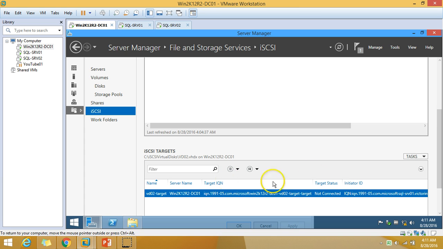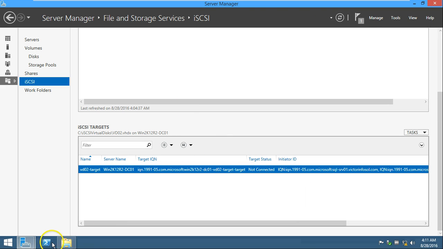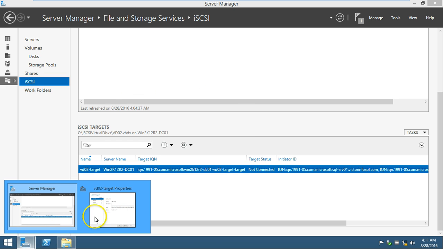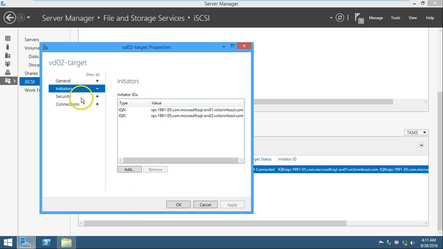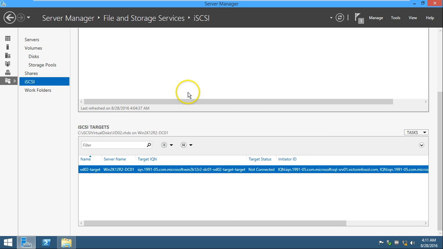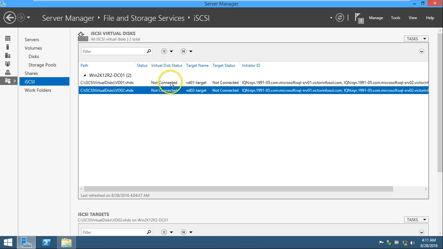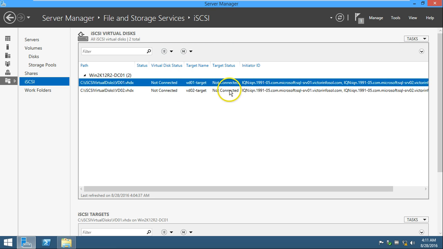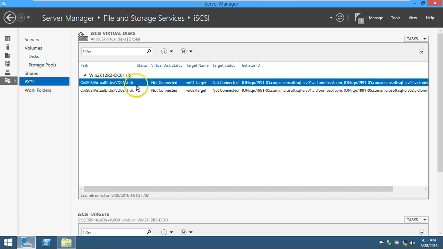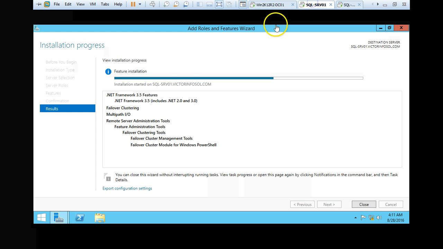You can see the initiator details and other details like initiators, security, connections. So click on OK, and now you can see the virtual disk status is not connected and the target status is not connected. So we need to connect both disks on both of the nodes, which are